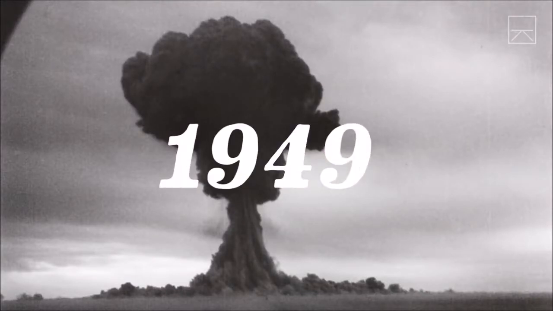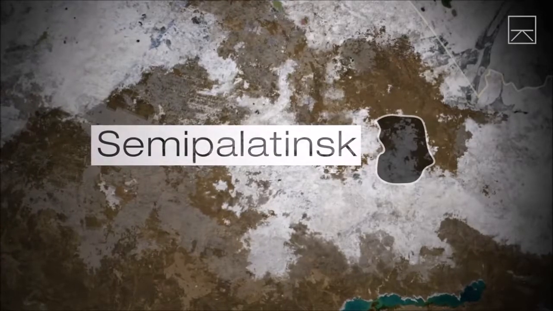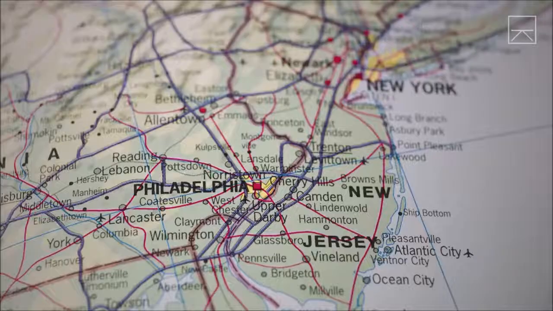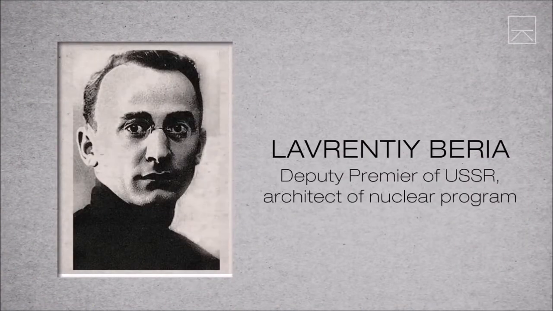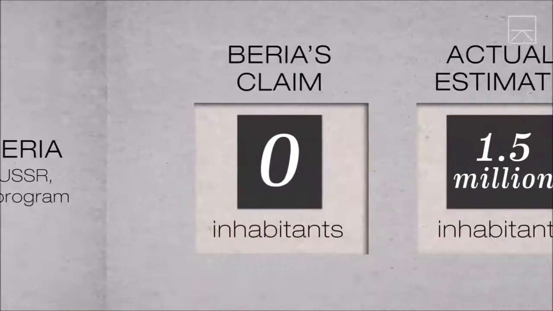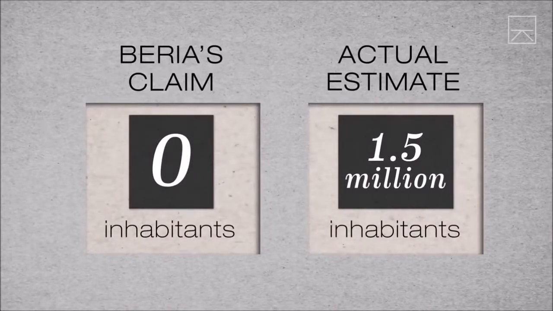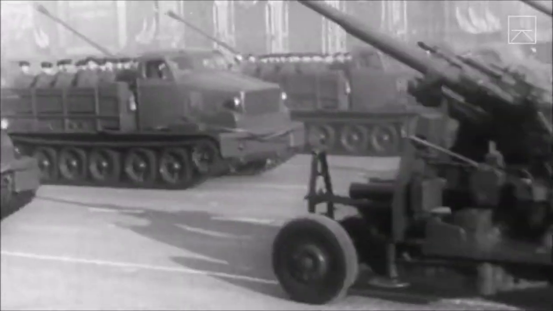In 1949, the Soviet Union detonated their very first atomic bomb in an area called Semipalatinsk, known locally as the Polygon. The region was roughly the size of New Jersey, and according to one of the program's architects, it was uninhabited. As it turns out, that claim was off by about 1.5 million people. It's hard to know whether the Soviet military was simply callous in its choice of test site, or downright sinister. There are reports of villagers being instructed to step outside their homes before detonations, so that the effect of radiation exposure could later be studied.